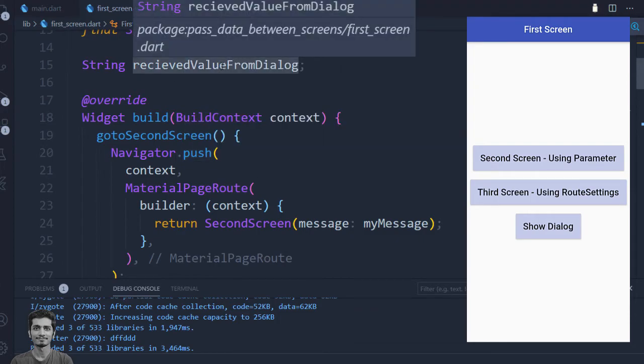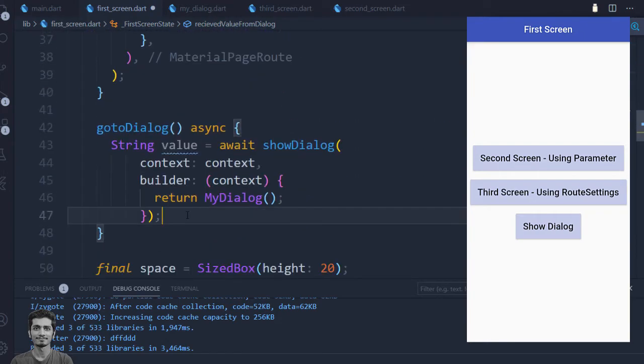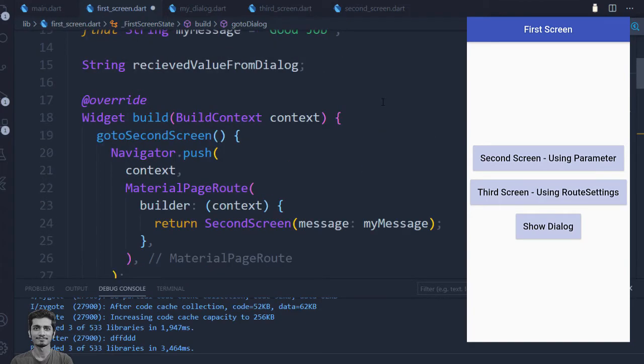Let's copy this variable and below we assign the value of the show dialog to this variable.